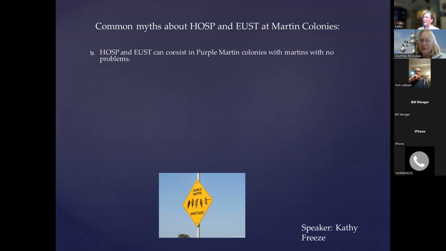A European starling is the same way. The European starling, as Courtney showed us earlier, has the needle beak, and they will kill your purple martins and take a nest, as well as the house sparrow will. So no, they cannot coexist. Some people say, oh, they look like they get along fine, but those are normally the people that think they can get along fine and coexist